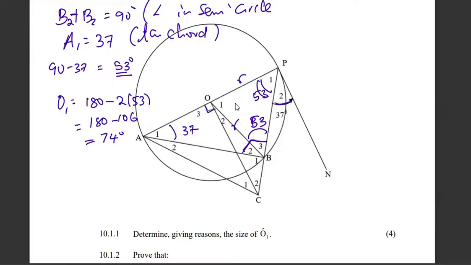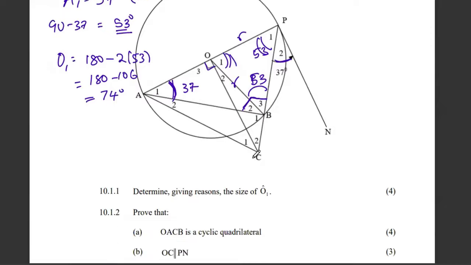Alternatively, we can use the angle at the center being twice the angle at the circumference. If this is 37, then multiply this by 2 to give you that angle. Okay, then prove that